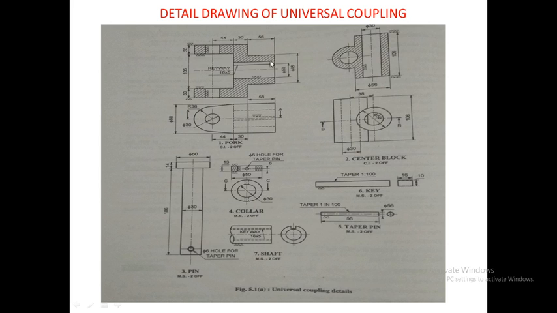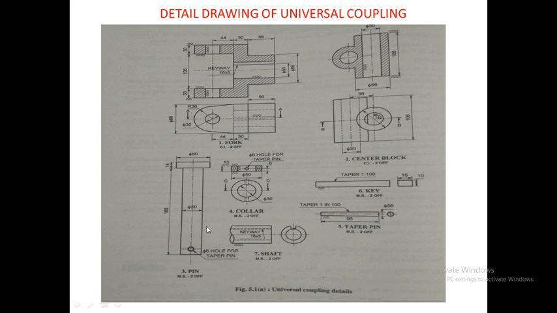So in order to lock the fork with this center block, that is part number 2, we use the pin. So this is the front view of the pin. Here the top view has not been given, but we have to draw the top view. Now this is a cylindrical pin, so the top view will be circles. Now the pin is having a slot at its bottom. Now this diameter of the slot is given as 6 mm. Now this 6 mm slot, or the hole which is present inside the pin, is used for inserting the taper